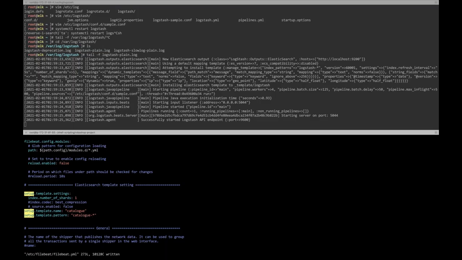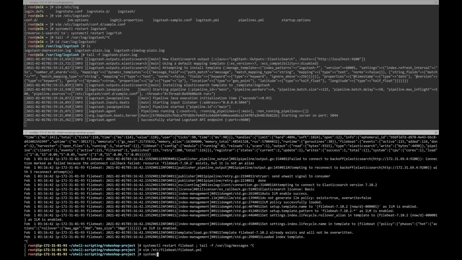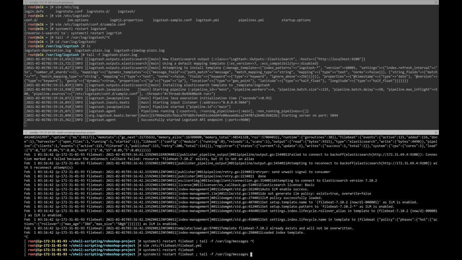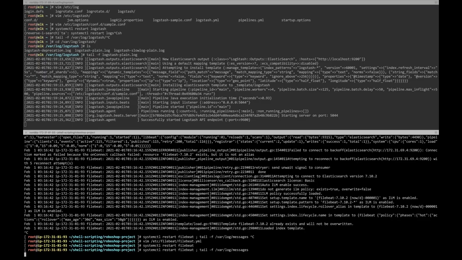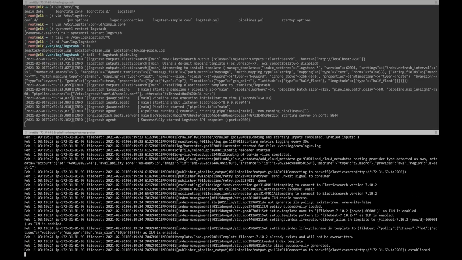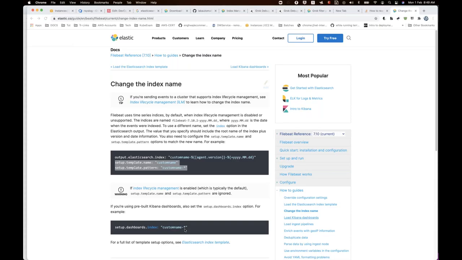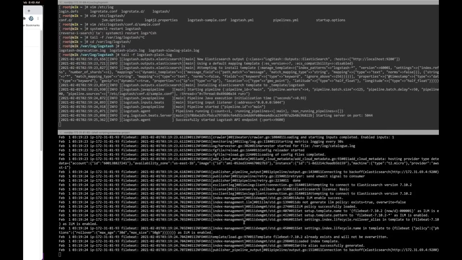So save and quit and systemctl. You will see all these configurations through automation. We'll come back again. I just want to talk about the concept here. So restart and then. So somewhere ILM is enabled. You need to give it as false somewhere. What it is telling, which is enabled as true, is